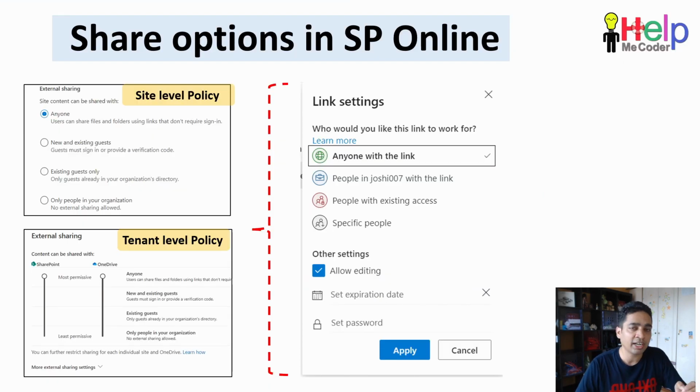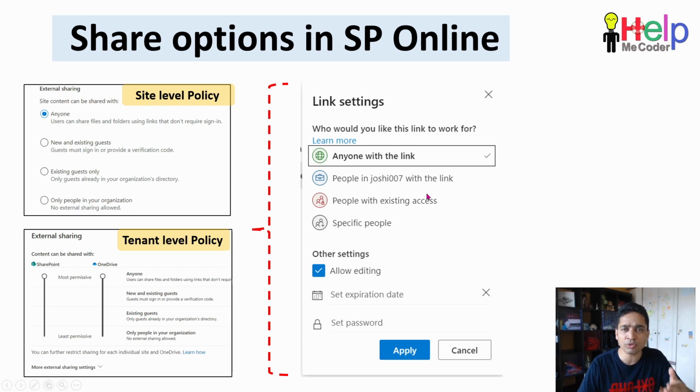The new option we have in SharePoint Online is called the link settings option, and this is an awesome option because, as I was telling you earlier, in our classic way of doing things we need to break permissions if we want to share something with somebody else. Instead of breaking permission, the best way is to use this option called link settings. If you want to share a link, document, file or list item with a particular person, you can use this link settings option. This is a quick and easy way to do it.